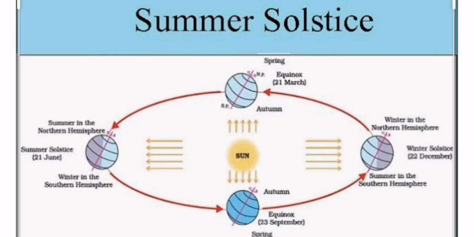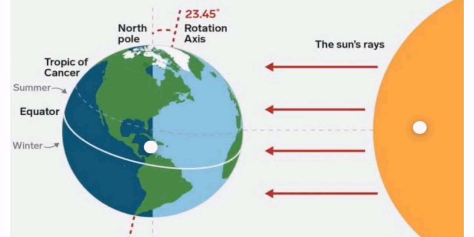As a result, the northern region will be receiving more heat. The areas near the poles receive less heat as the rays of the sun are slanting. So the pole receives less because it is in a slanting position. Now the North Pole is inclined towards the sun. Isn't it? The North Pole is slightly tilted towards the sun and the places beyond the Arctic Circle experience continuous daylight for about 6 months.